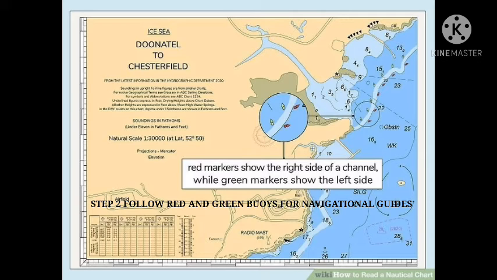Step 2. Follow green buoys for navigational guides. These buoys mark water channels. The colored circles you see on the chart correspond to the buoys you will see floating along the channels as